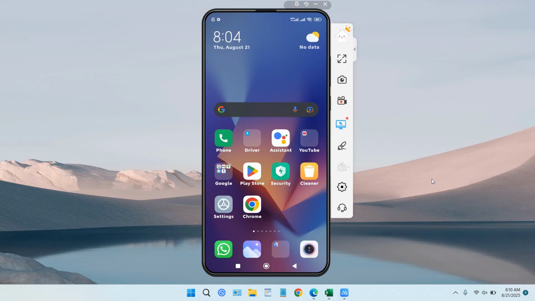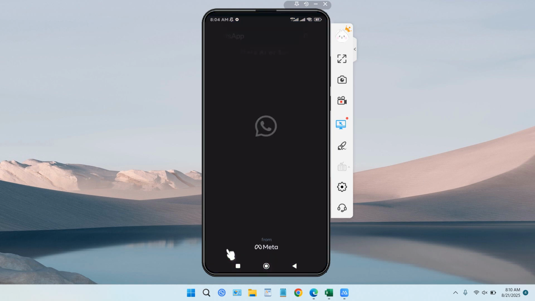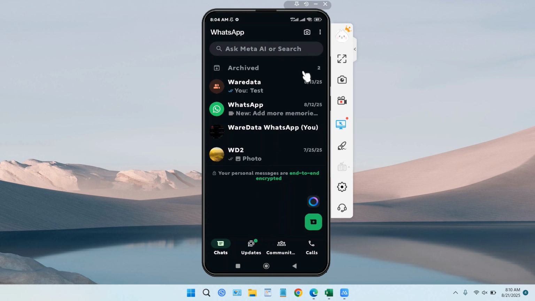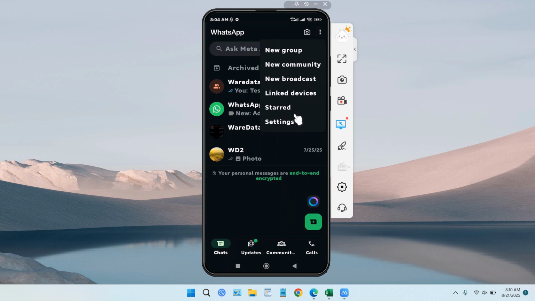In this video, we will show you how to unblock a person in WhatsApp. If you ever block someone in WhatsApp and you want to unblock them, it's very easy. You can just click these three dot icons and select settings